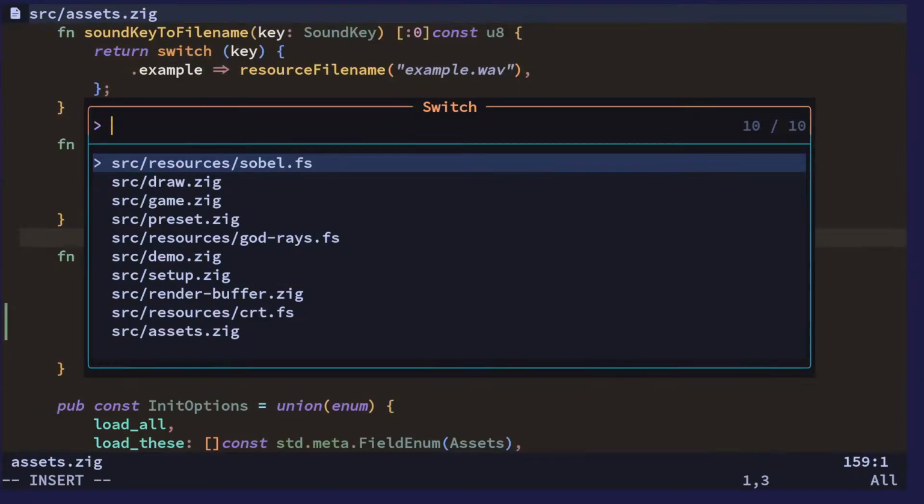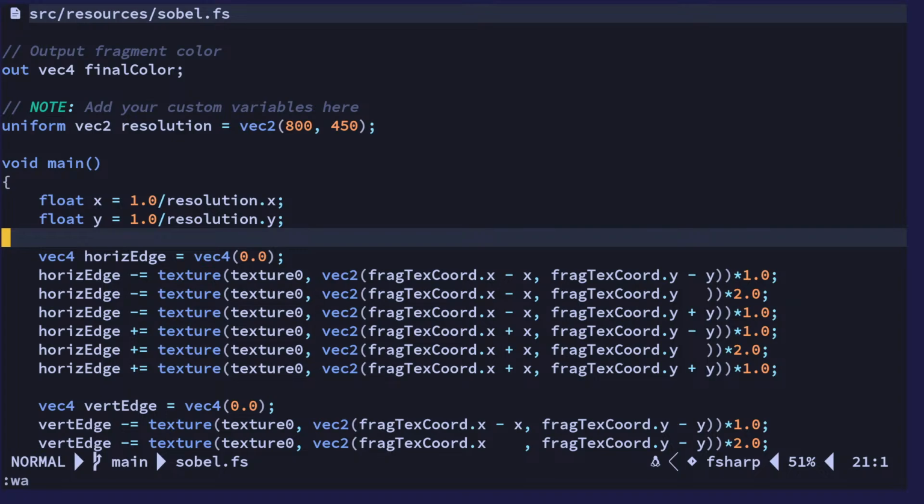Since this is meant to be used as a full screen shader, maybe what we could do is take the original shape that we're drawing, render that to a texture, increase the size of that texture a little bit,